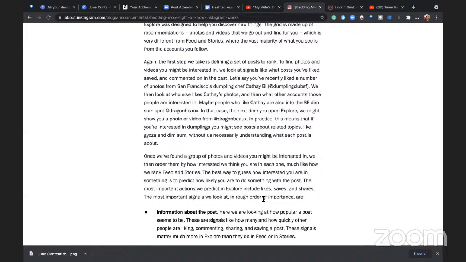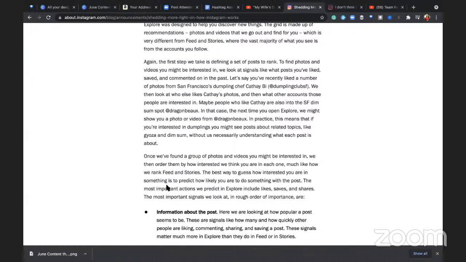Once we've found a group of photos and videos you might be interested in, we then order them by how interested we think you are in each one, much like how we rank feed and stories. The best way to guess how interested you are in something is to predict how likely you are to do something with the post. The most important actions we predict in Explore include likes, saves, and shares. The most important signals we look at, roughly in order of importance, are